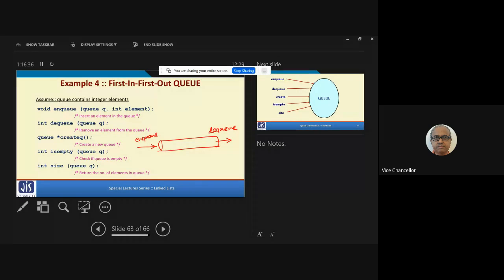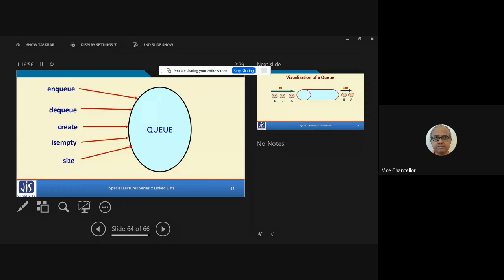So here again, you can have one function for creating a queue, to enter an element into a queue, to remove an element from a queue, to check whether a queue is empty, also to check the size. So this is also an abstract data type.